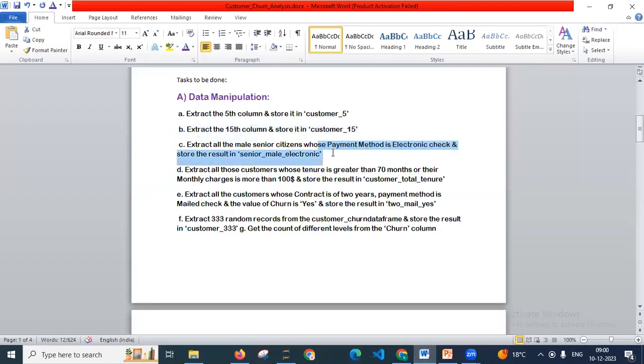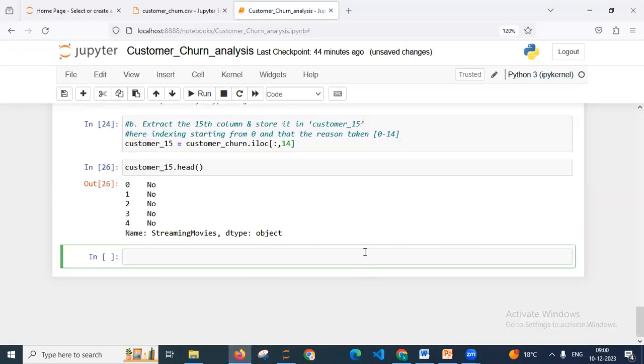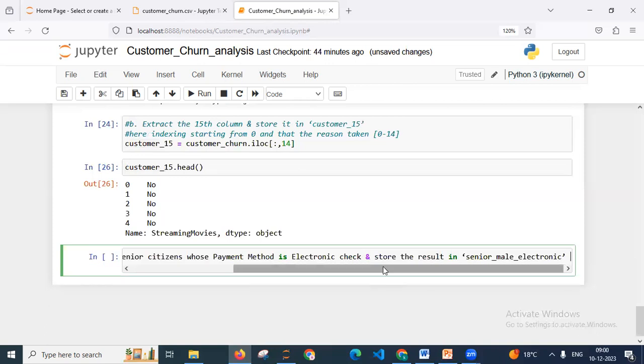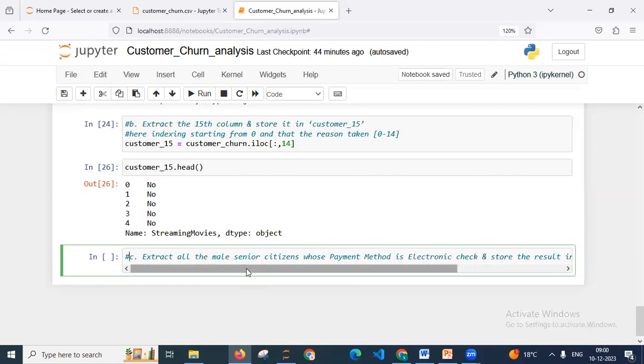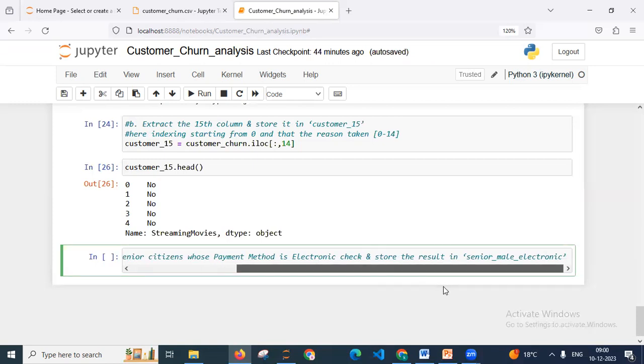Extract the male, copy. So extract all the male senior citizens whose payment method is electronic check and store the result in senior male electronic. So first condition is senior citizen, second is payment method, and then the result is stored in senior male electronic. Okay, just go and